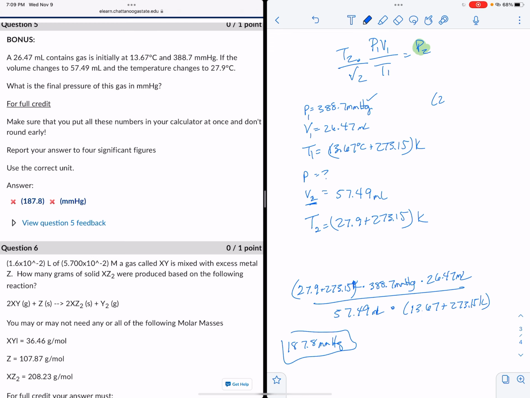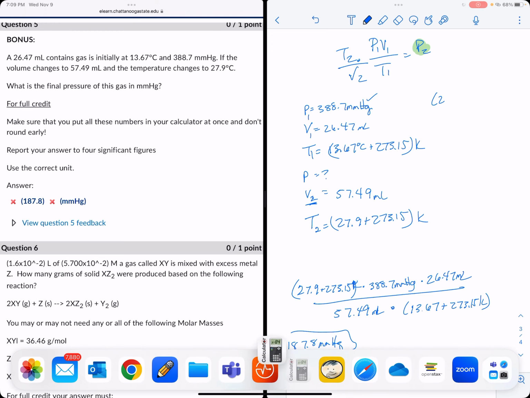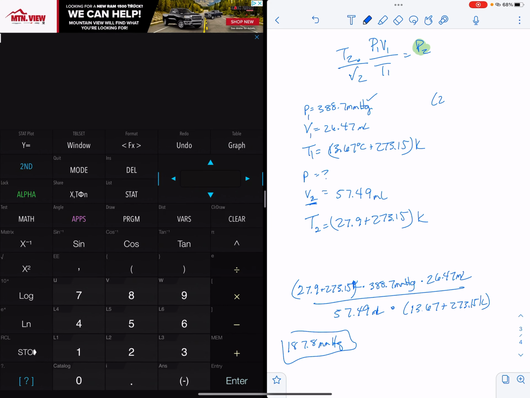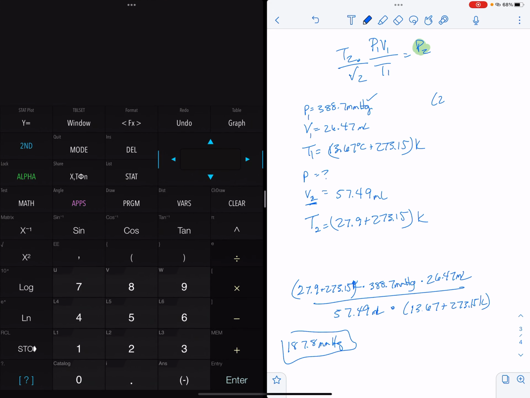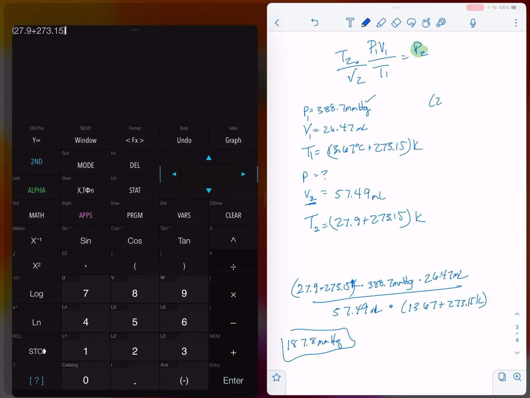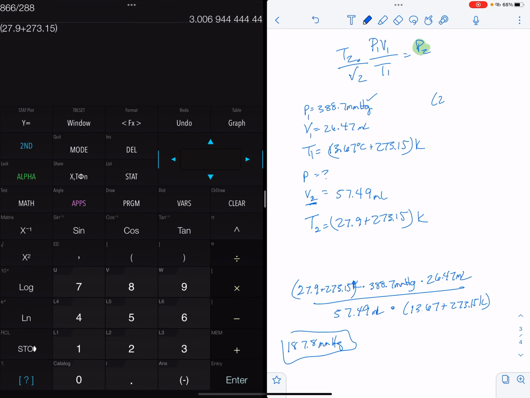Let's see if I do when I get my calculator in there. So I've got to put this in parentheses or it won't work. 27.9 plus 273.15. And you might not be able to see that unless I get it a little bit lower. There we go. Now you can see it. Times 388.7 times 26.47 divided by